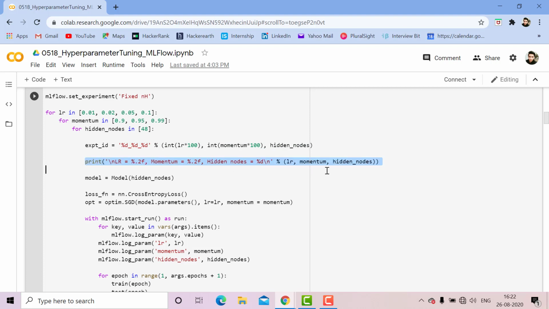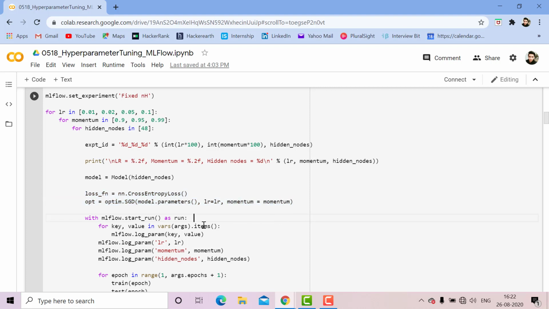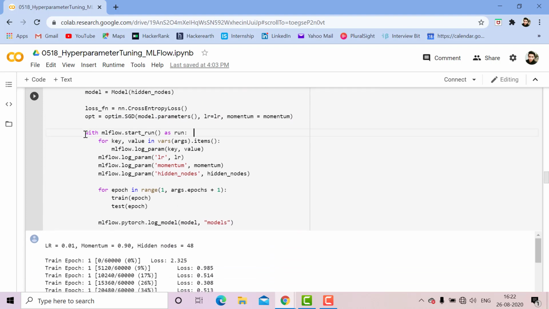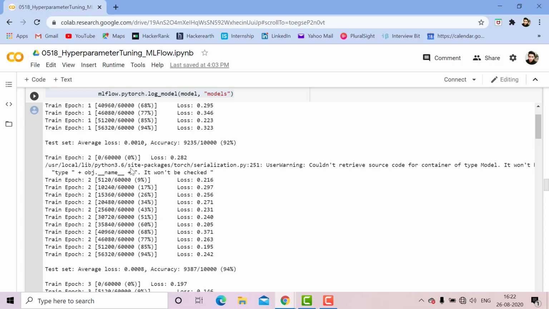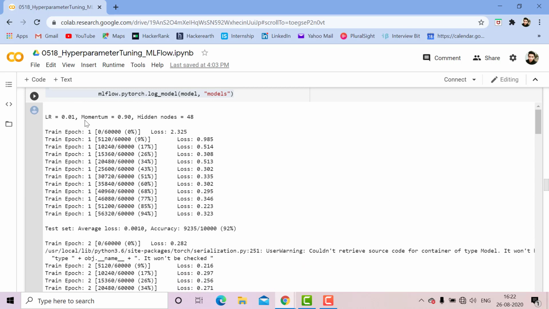Now print function, model is equal to model function with hidden_nodes as parameter. loss_function is equal to nn.CrossEntropyLoss function. op is equal to optim.SGD function with model.parameters comma lr is equal to lr and momentum is equal to momentum. Similarly with mlflow.start_run function as run. Here these are the function body. Now it will print the train epoch and test set. You can see on the screen.